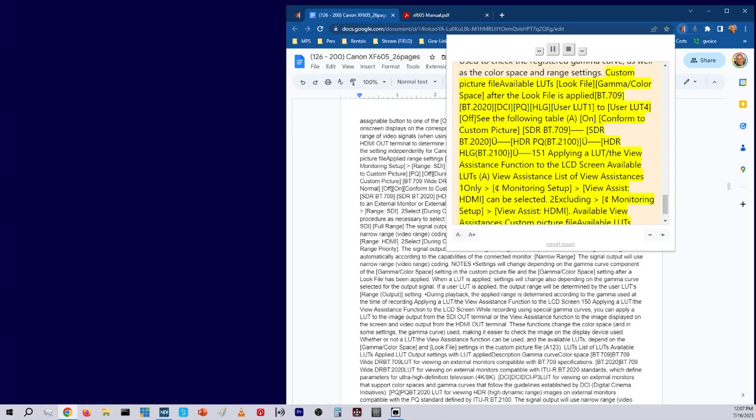1. Only sent monitoring setup, view assist, HDMI can be selected. 2. Excluding sent monitoring setup, view assist, HDMI. Available view assistances. Custom picture file available. LUTs gamma/color space: BT.709, BT.2020, DCI, PQ, HLG, user LUT1 to user LUT4, Canon